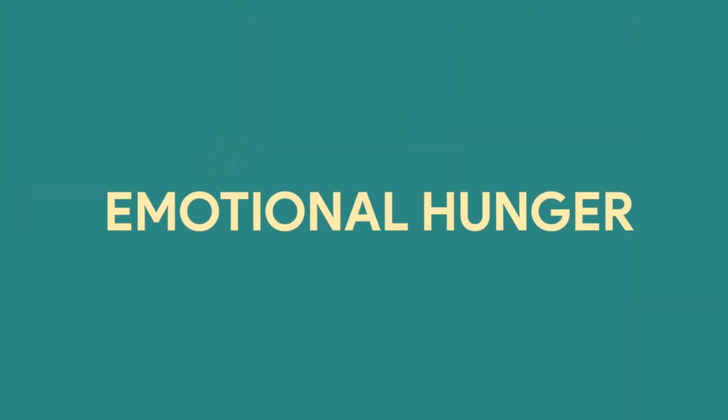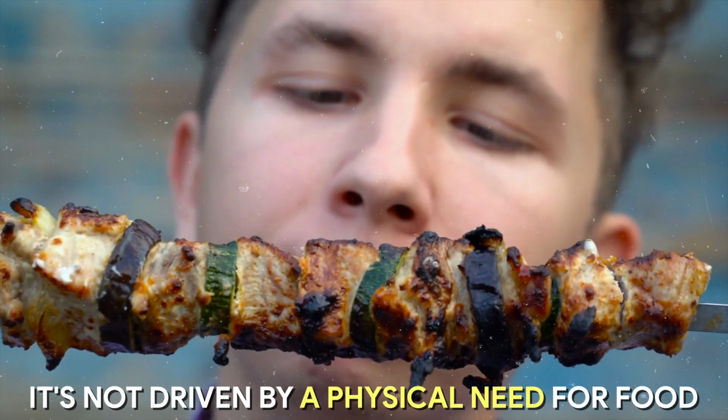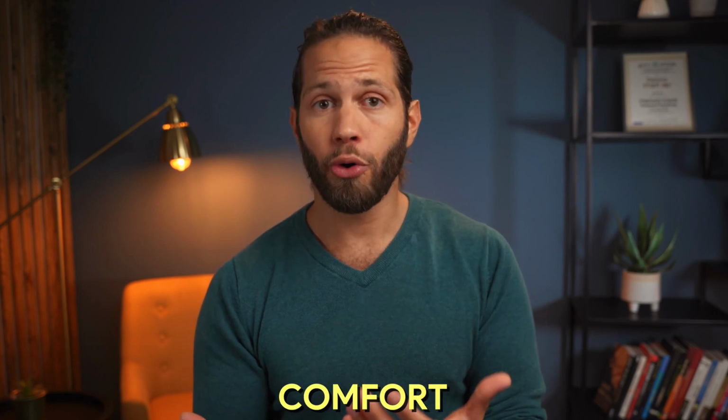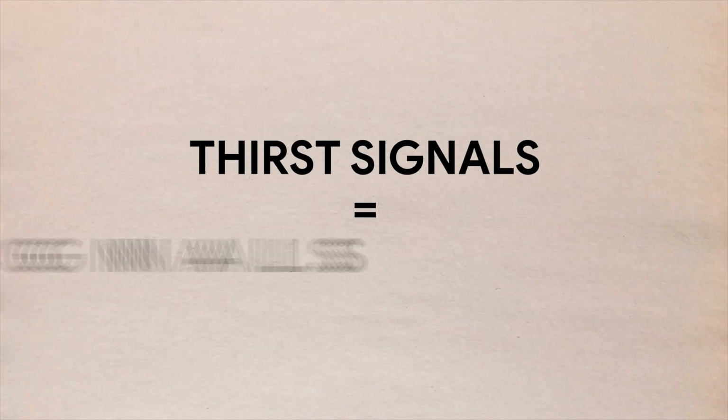Now here are a few common types of hunger to keep in mind. Emotional hunger. This type of hunger is often triggered by emotions such as stress and anxiety. It's not driven by a physical need for food, but rather a desire for comfort or distraction. Thirst hunger is the second one. This type of hunger is often mistaken for actual hunger,